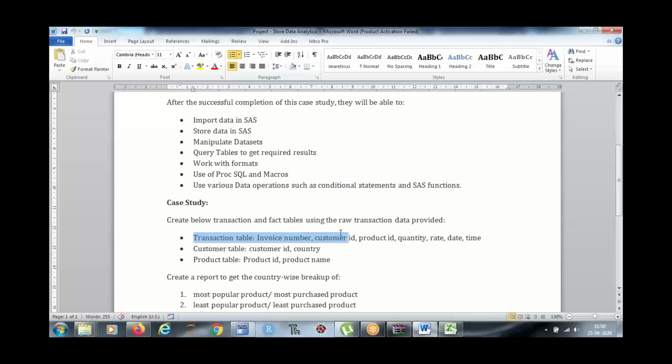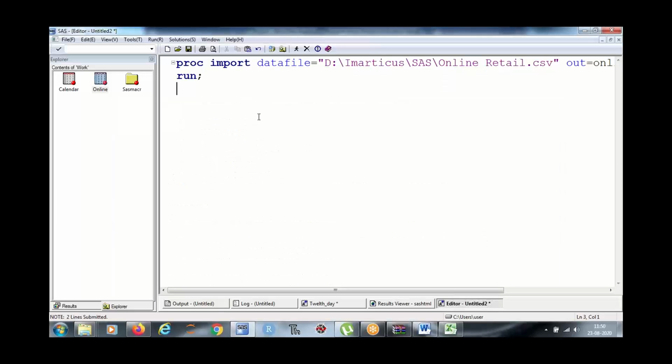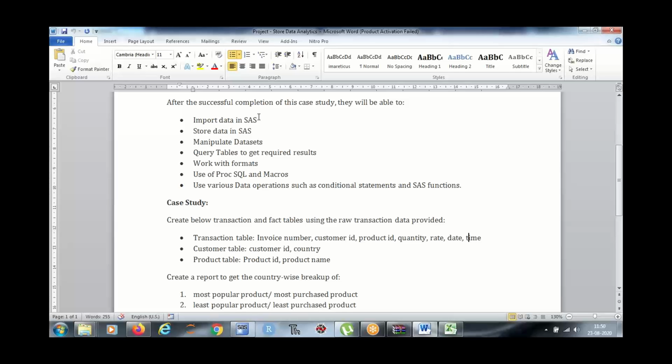Create transaction table: invoice, customer ID, rate, and date and time. So data, transaction table. What is the name of the transaction? Transaction table. Set online. Right. Now what do you require? A column by the name of date and a column by the name of time.